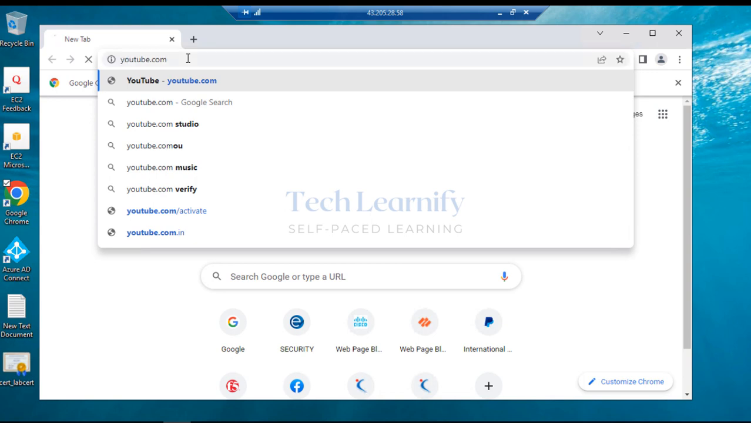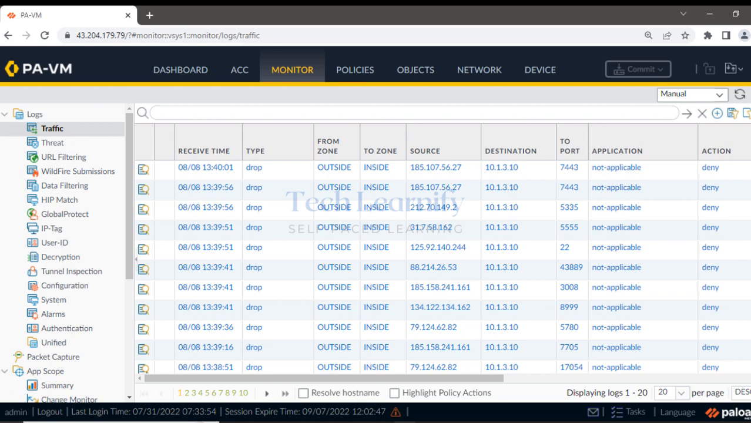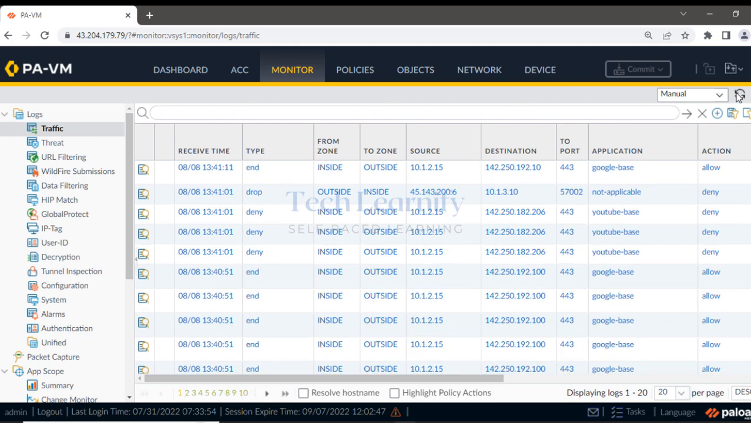So we're not expecting success here, right? Application blocked, yes, the application you are trying to use has been blocked. Please contact your system administrator if you believe this is an error, and IP address here. All right, and now I'm back to traffic monitor. Let me do a very quick refresh here, and you can see here